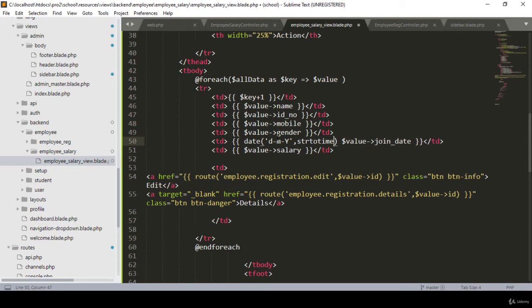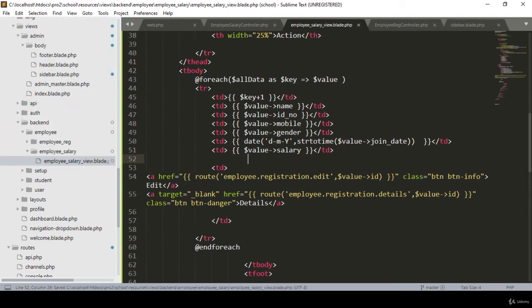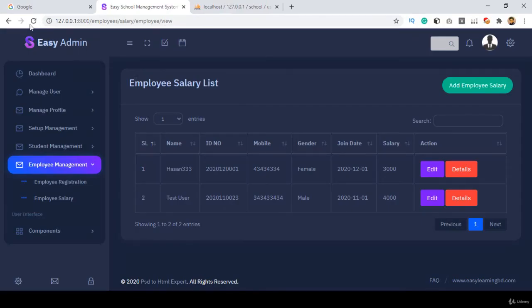With this strtotime area I want to pass this value, that means the joining date. So I cut it, and here I pass it. So now that should be changed. Now our format will be date, and then month, and then the year, right? Now let's check this out. If you now click save all, and now go there and click refresh,